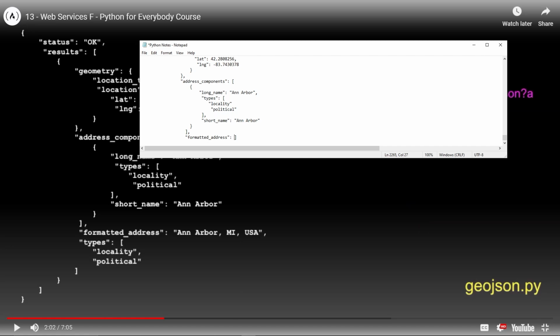And then over here, Ann Arbor, comma, MI, comma, USA, comma, after that. And then we're going to have types right here. No, like this. Okay. Types. What the hell? Why is there an extra quote here? What's this quote from? Nothing. Let's just say it's nothing. We'll get ChatGPT to fix it later.